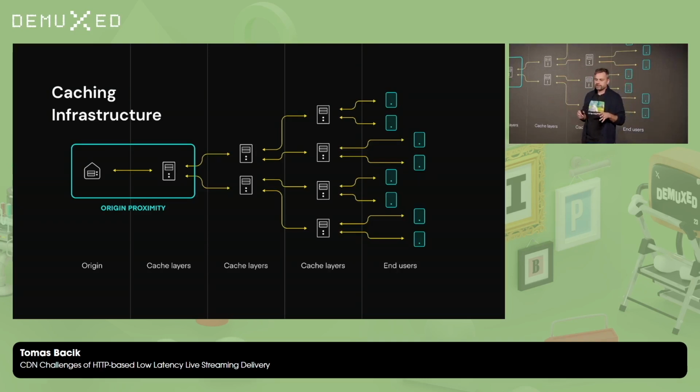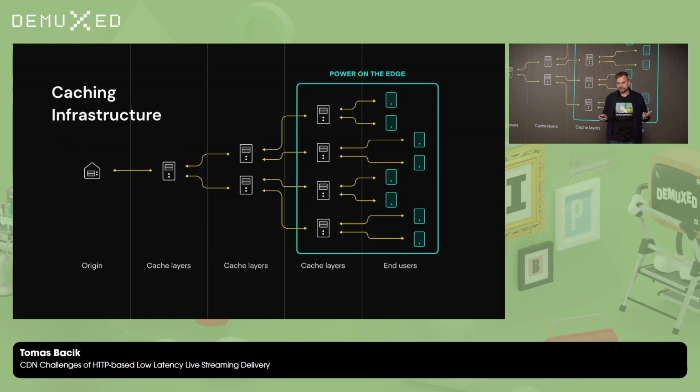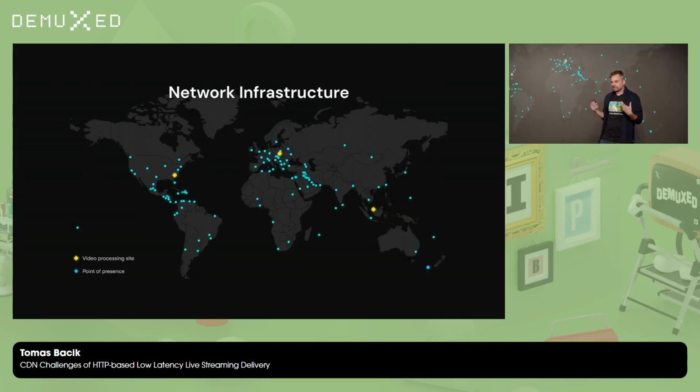Then, getting to caching infrastructure, your CDN should ideally have multiple caching layers, with the first one as close as possible to the origin. You probably want to do a redundant PNI with your CDN provider, and the same thing applies obviously to the edge layer. It should be as close as possible to the user. And the idea here really is to eliminate the dependence on the public internet completely,